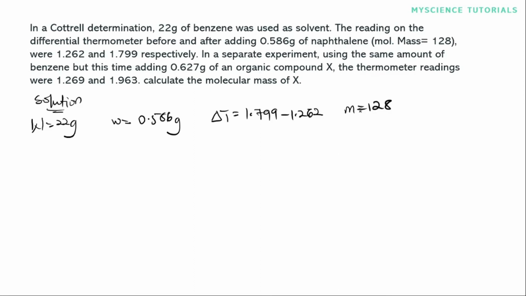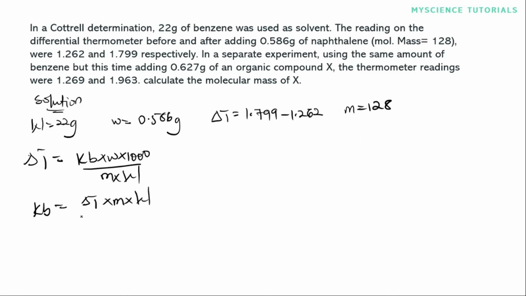From here we move straight away and look for the value of our Kb. We know delta T is Kb multiplied by W multiplied by 1000, all over small m by capital W. In this case we have to find Kb, so we make Kb the subject. Our formula is delta T multiplied by m multiplied by capital W divided by small w